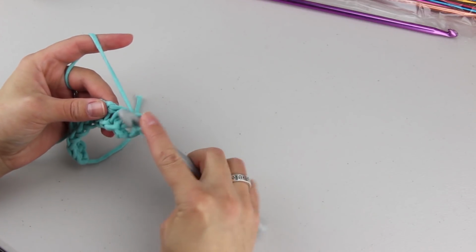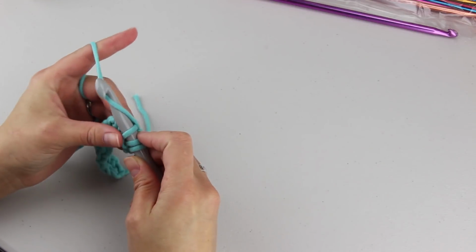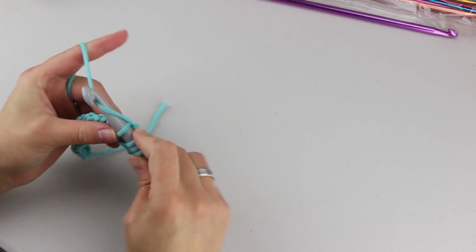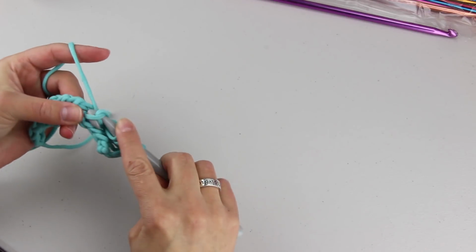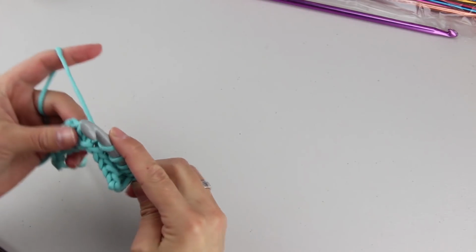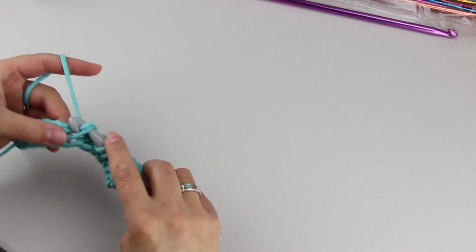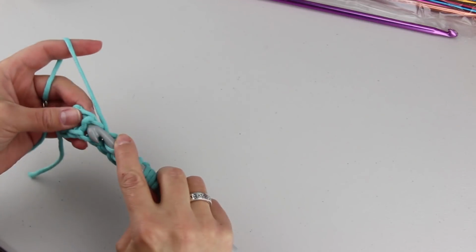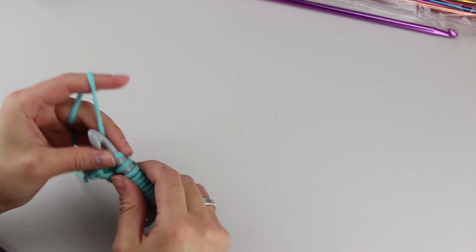Again, we see this vertical bar coming out at us towards the front of our work, so we're going to insert our hook, yarn over, pull up a loop, and continue on working in all the bars across your work. Once you get to your last stitch,